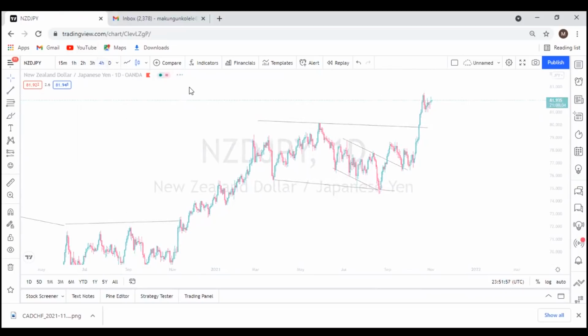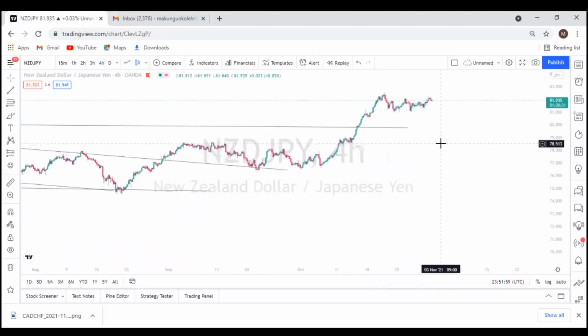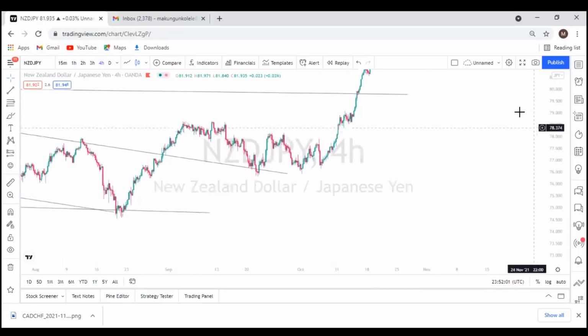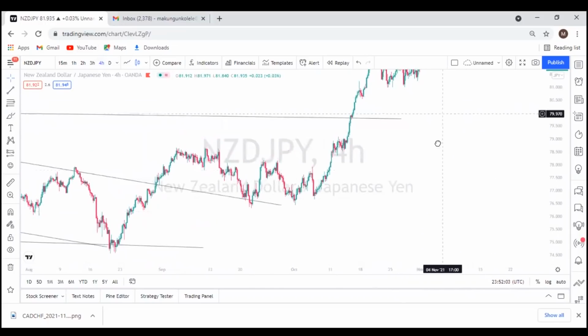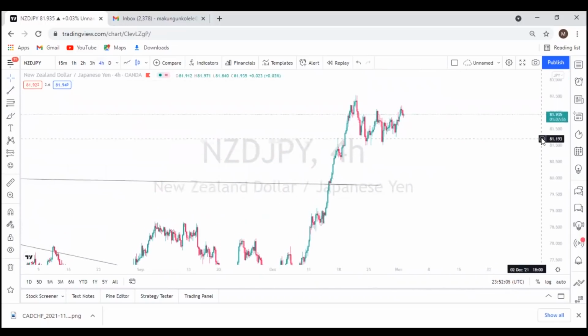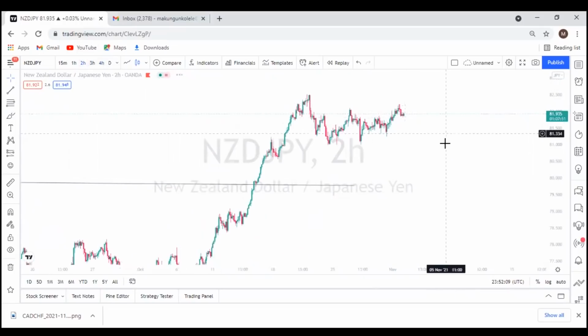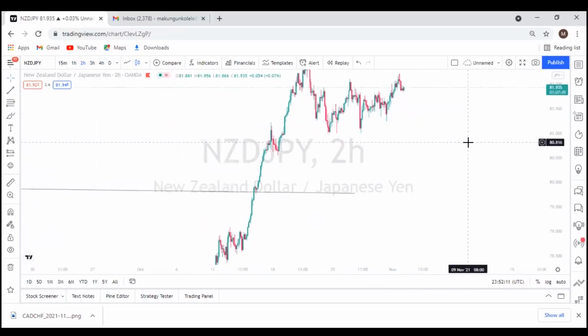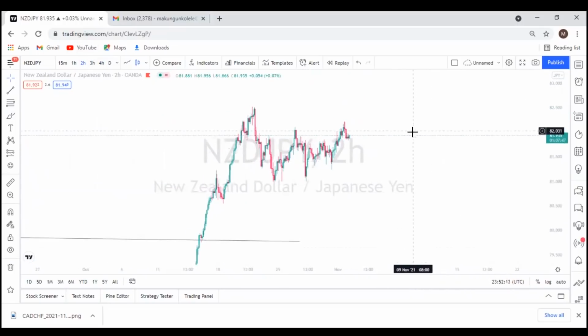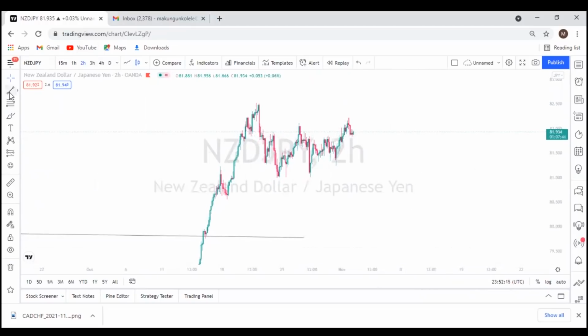and scale it down to the 4-hour time frame. And when you scale it down to the 4-hour time frame, you can see the same thing is happening there as well. Okay, let's work with the 2 hour. We can see we have another correction after an impulse. So first thing, I'm gonna have a support there